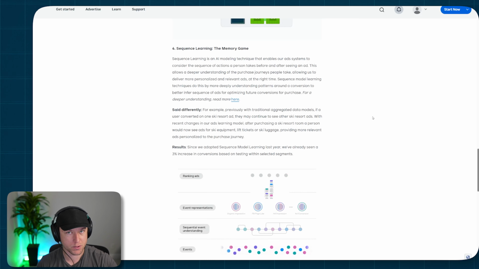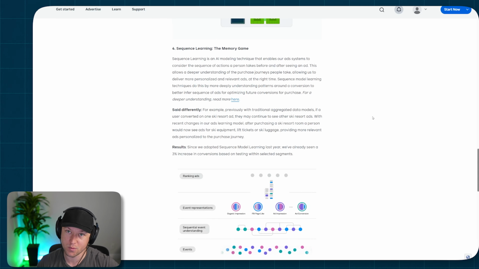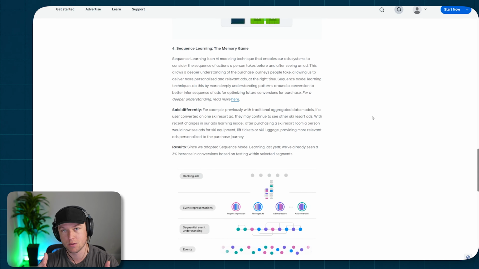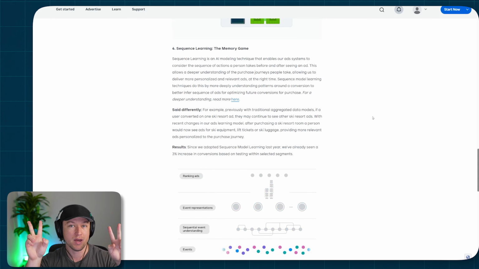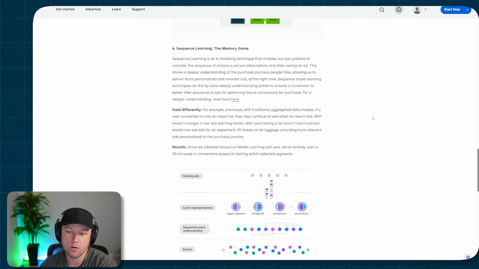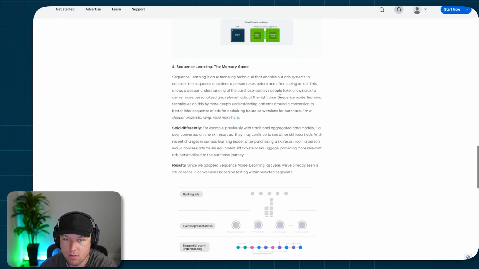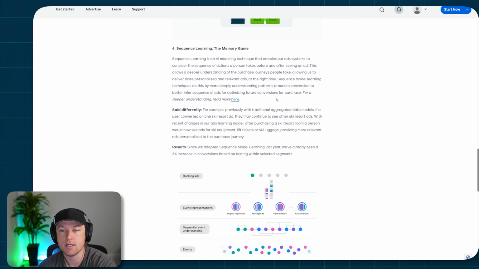Okay, shift over to CAPI imports. When we scale it, it does work because we have a lot more data that's pushing towards new customers. So we're feeding the algorithm the audiences that we want, kind of thing. Now, the big factor when it comes to CAPI imports and how this works on the sequential learning is one of the things that we've